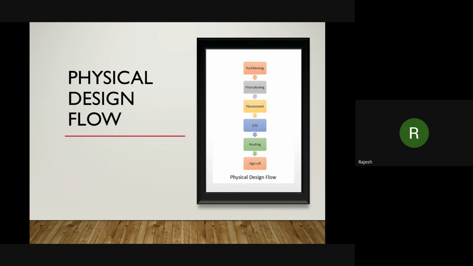Now when it comes to the physical design flow, as a physical design engineer, what will we do in the industry? First of all, as a physical design engineer, you will be seen as a back-end engineer. As a back-end engineer, you will receive a circuit from the front end, and not only a circuit. To start the physical design, you require a lot of input files, around 4 to 5 files. For example, you need a